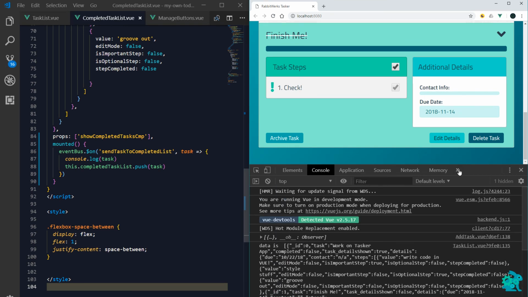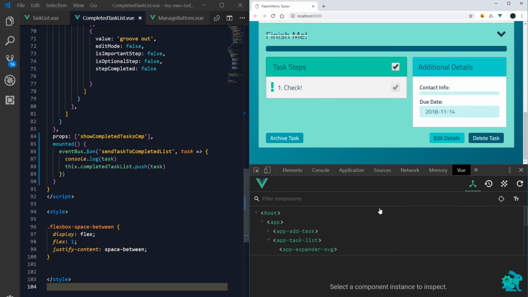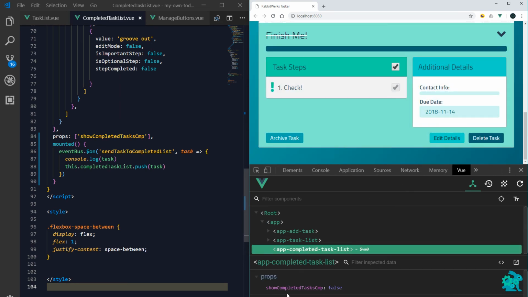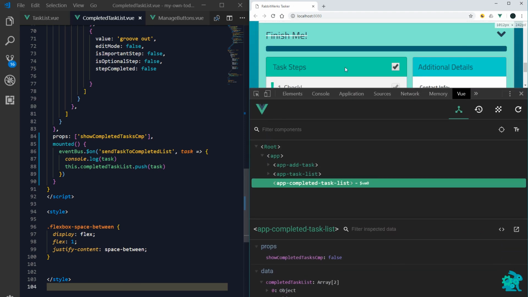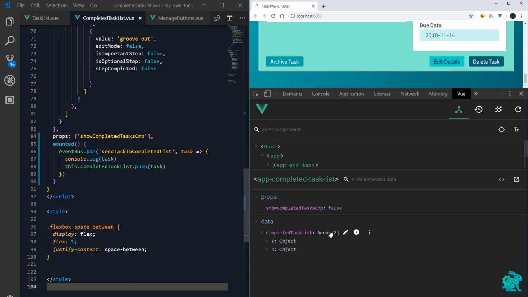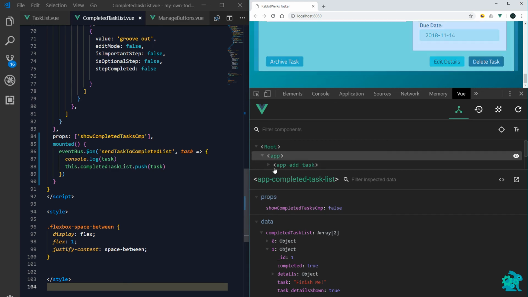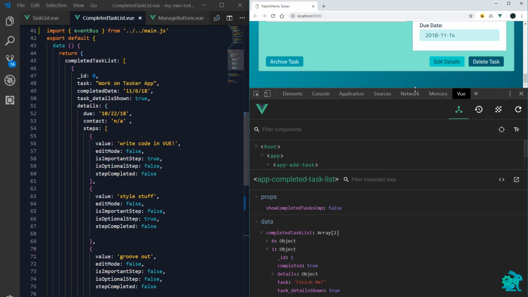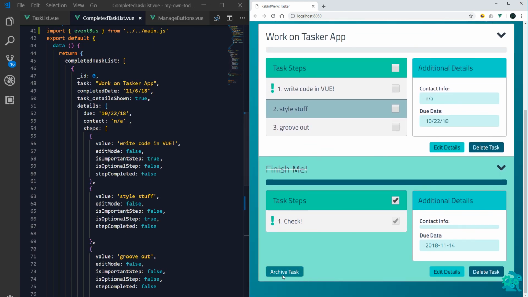If we look at our Vue dev tools, in the completed task list, we have some more space to look at, and we pull this up. Completed task array, 2 objects in there, and let's look at what this is. Oh, and it's there. Excellent, cool. So we're passing, when we click that button,